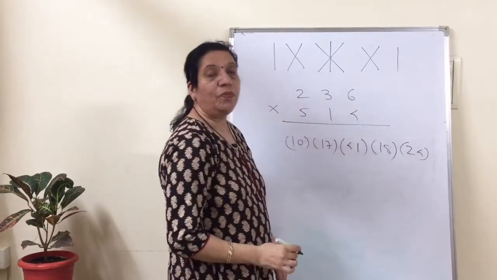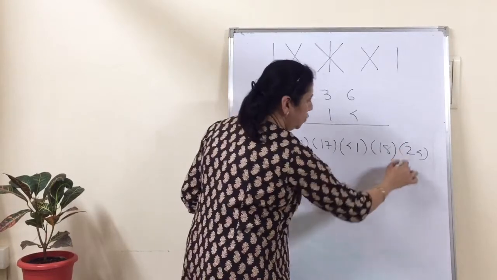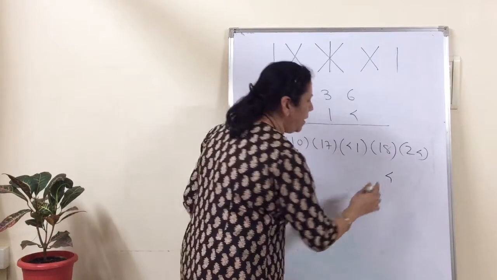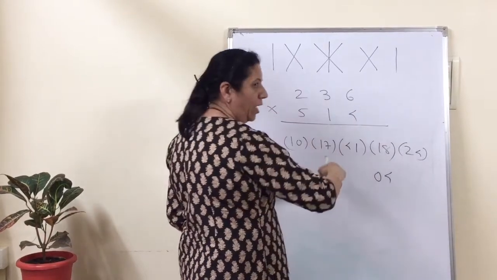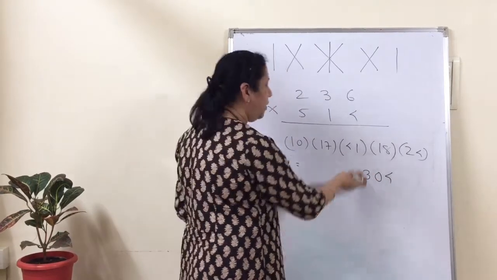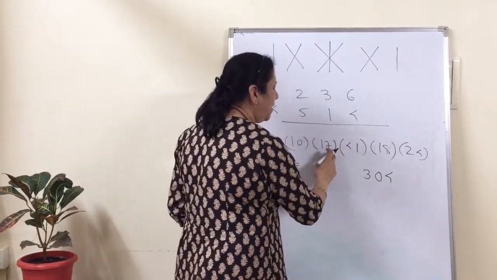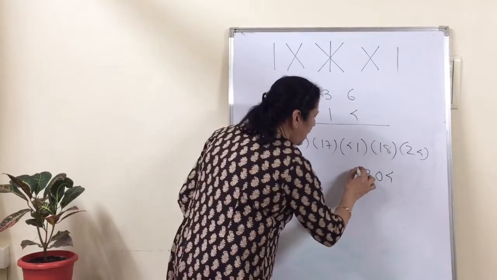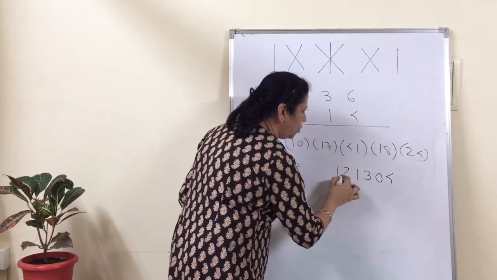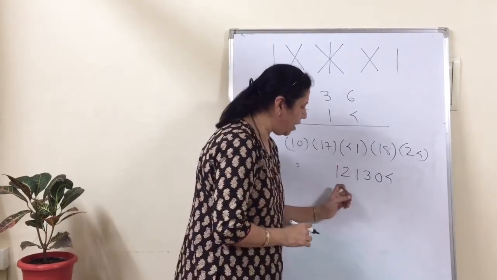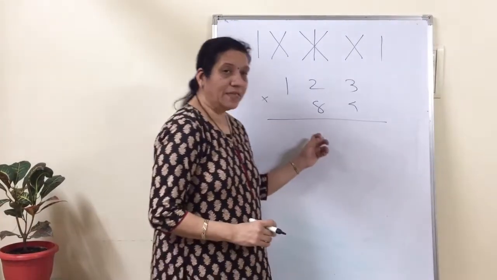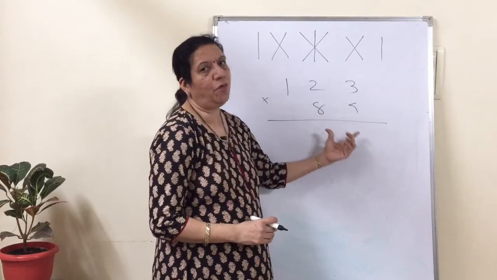Now let us write down the final answer. So this is equal to 4, 2 carry over. So 18 plus 2 is 20. So we write down 0, 2 carry forward. 41 plus 2 is 43. We write down 3. We take 4 carry forward. 17 plus 4 is 21. We write down 1 here. 2 is carry forward. So 10 plus 2 is equal to 12. And this is our final answer, 121304.